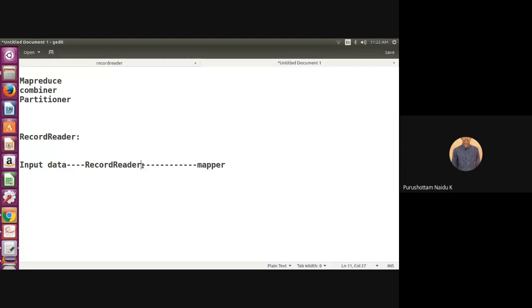That means we may also send JSON objects or XML objects as input to the mapper. At that time we have to define the RecordReader class. Otherwise, Hadoop itself automatically splits the input data into key value pairs and gives them as input to which one? Mapper. That is about the RecordReader.